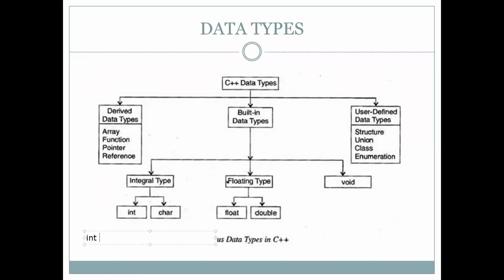Integer means it represents a number. Suppose in the program you want to collect the roll number from the students. So the roll number is of integer type. Suppose you want to collect a single character value. In that case, you use the data type char. Char means character value. Next is the floating type. Floating means the point value. Point means, suppose the value of pi is 3.14.